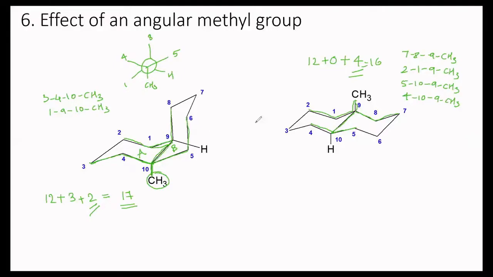Okay, if I'll compare now after the substitution also, who is having more gauche butane units? Again cis. ओरिजिनल डिकैलिन में कितने गॉश ब्यूटेन का डिफरेंस था? 3 गॉश ब्यूटेन का डिफरेंस था. आफ्टर सब्स्टिट्यूशन it has changed to only 1 गॉश ब्यूटेन यूनिट का डिफरेंस, बिकॉज यहाँ पे 17 आ रहा है और यहाँ पे 16 में आ रहा है कैलकुलेशन. So original difference of 3 gauche butane interaction in the cis and trans decalin is reduced to the 1 gauche